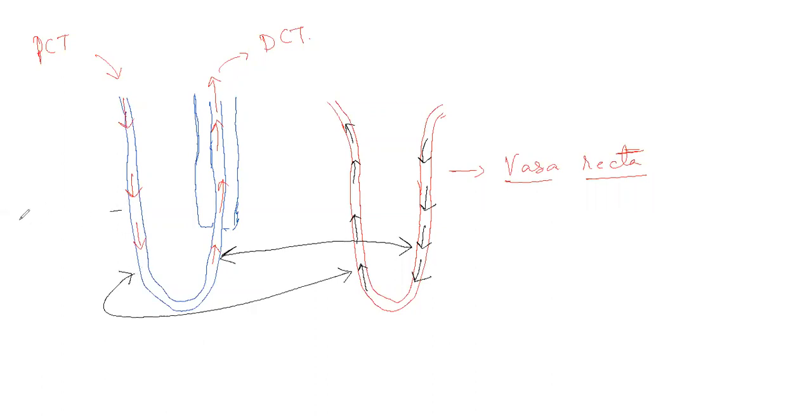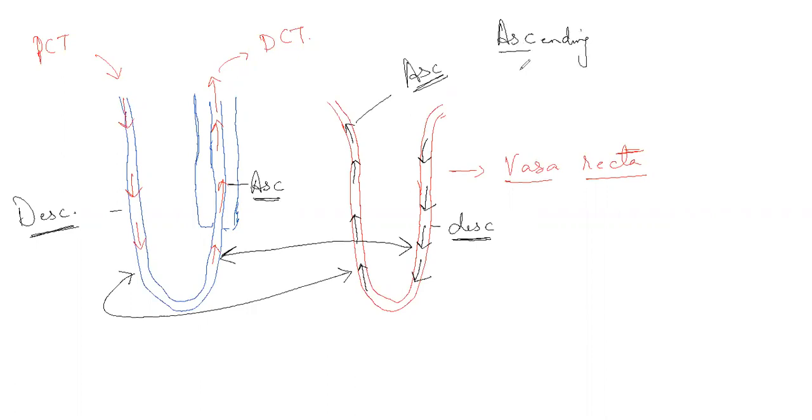The descending limb of loop of Henle corresponds to the ascending limb of vasa recta, and the ascending limb of the loop of Henle corresponds to this descending limb. The ascending limb of loop of Henle